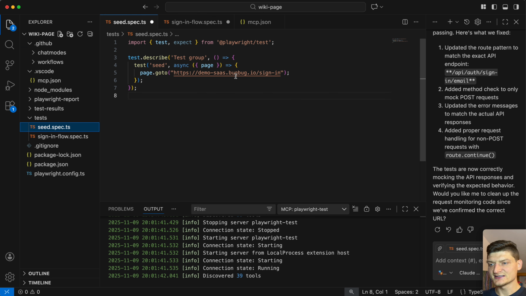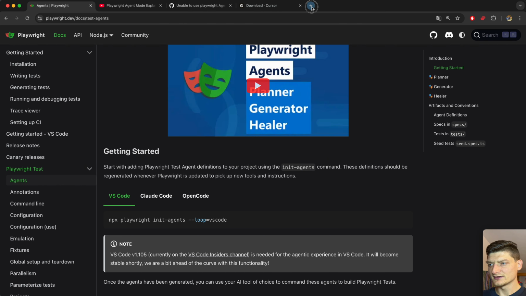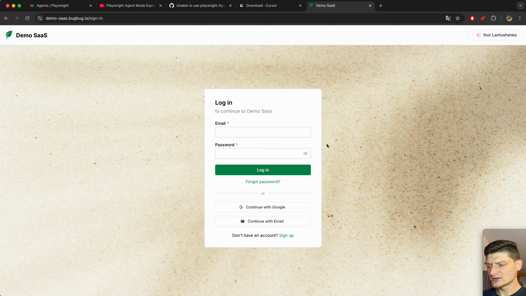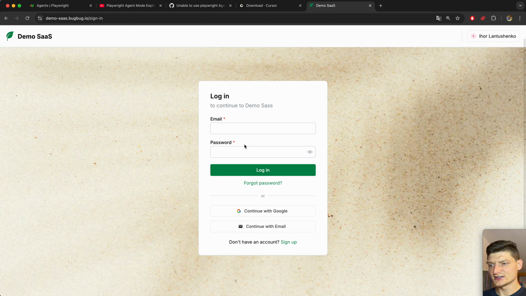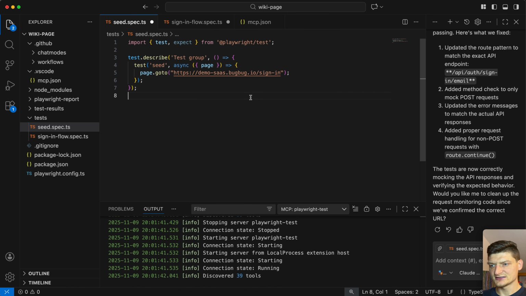In there we had a seed file. As you know, Playwright Agent requires you to have a seed file. Let's just copy our seed file, which basically contains a link to our demo project. Today we are going to explore it as well. Let's open that sign-in page, which has credentials and a login section. Right, and let's copy our seed file